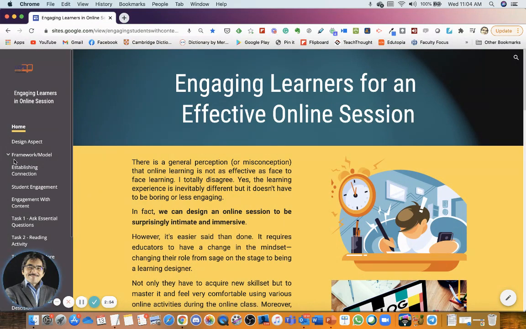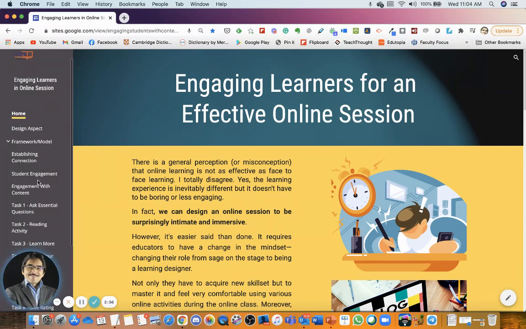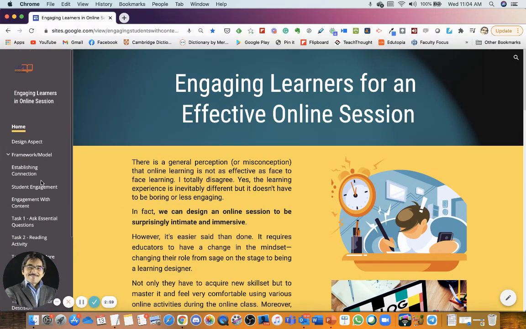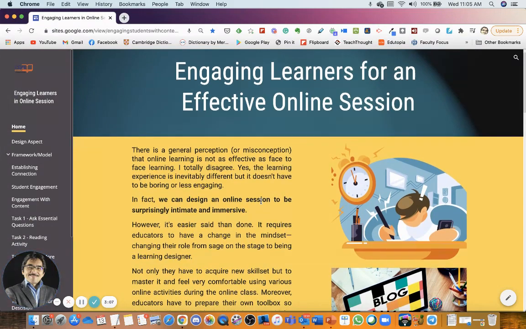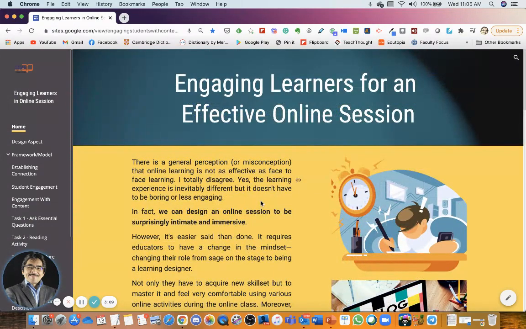so that you can try it out in your own course. As you can see on the left-hand side here, these are the menu or the content of this module, and this is the home page, the main page here. So let's start with the overview: the what and the why, especially the why, the reason why we are very concerned about engaging learners